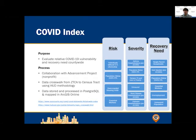And essentially, we rank each of the indicators by percentiles within each of the 3 categories. We average those rankings to come up with a composite score. And then we average those composite scores for each category together to create an overall index of need. So then the final index categories are quintiles of that score, ranked from highest to lowest need